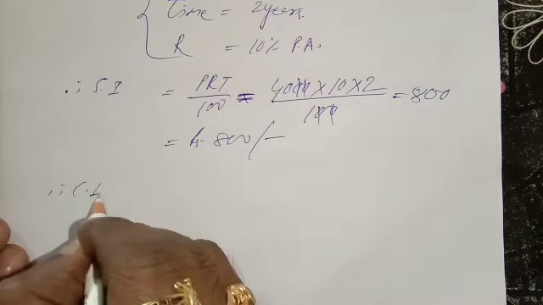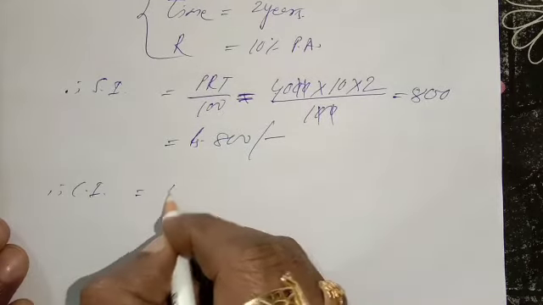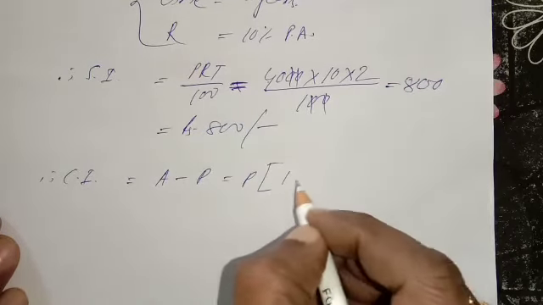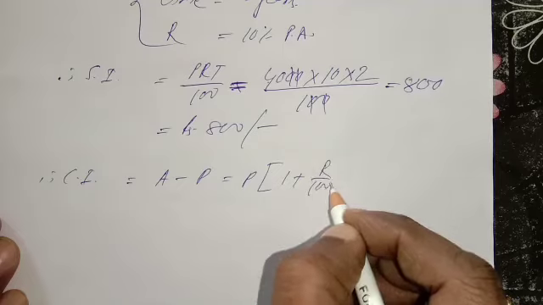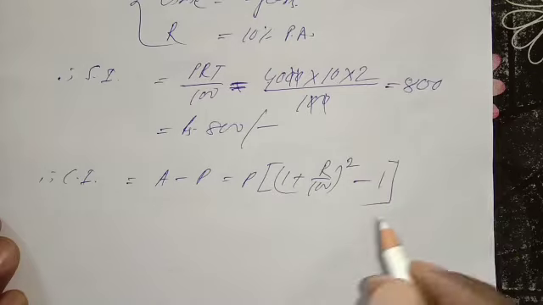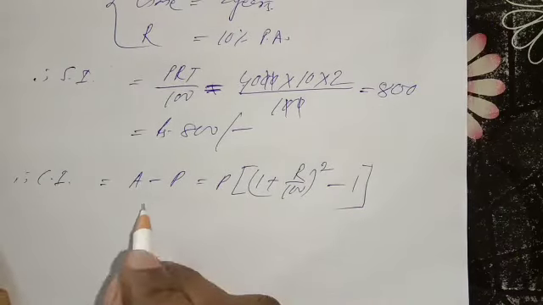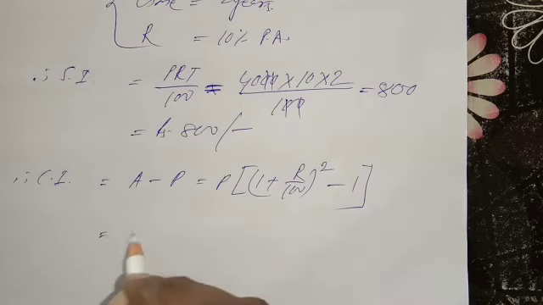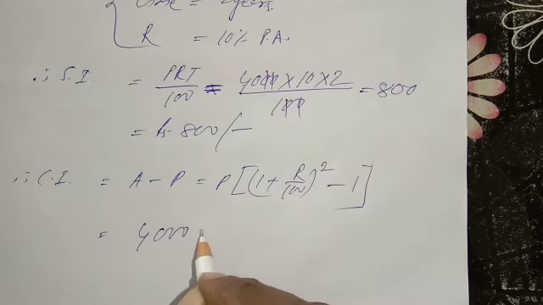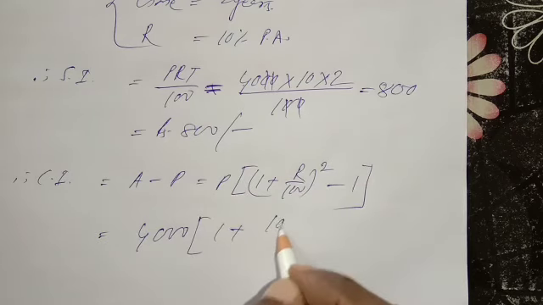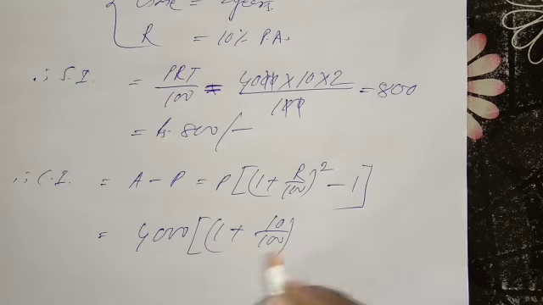Therefore, what is the compound interest formula? Compound interest is amount minus principal. Directly you can apply it. P taken common, 1 plus R by 100 whole to the power time 2, minus 1. Because the amount formula is A equal to P times 1 plus R by 100 whole to the power 2, minus P. P I have taken common. Principal equal to how much is given? 40,000. Sorry, 4,000. 1 plus rate, how much? 10%. 10 by 100 whole square minus 1. Directly you can get compound interest.